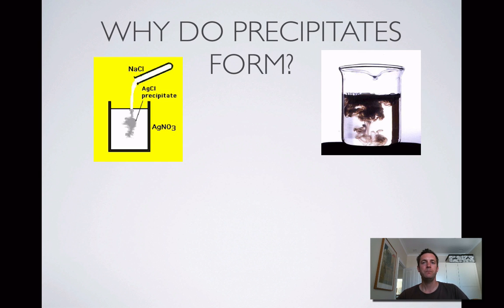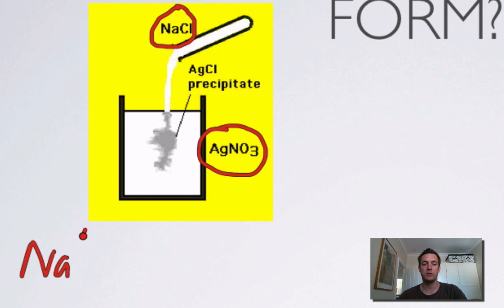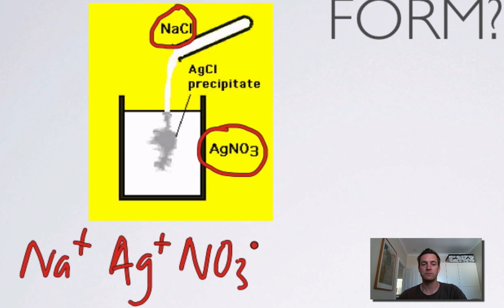first of all, why do precipitates form? Well, to understand that, we need to consider the solubility of different substances in water in particular. Okay, so if we look at here what's happening, we're mixing silver nitrate with sodium chloride. Now if you look up on your data sheet what the solubility of those substances is, you'll see that they're both soluble. However, in this solution we've now got sodium ions, we've got silver ions, we've got nitrate ions, and